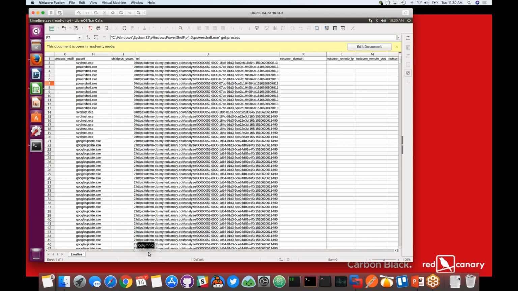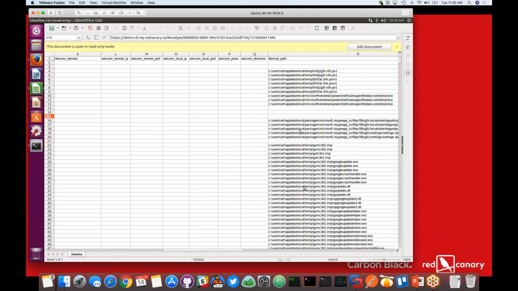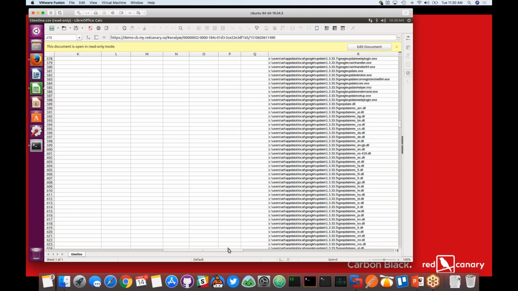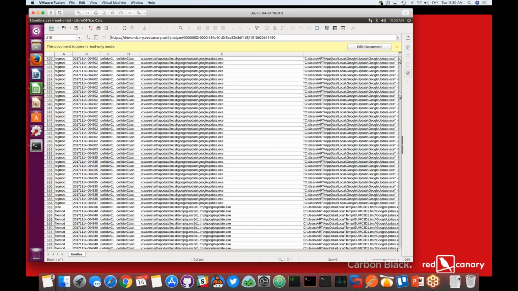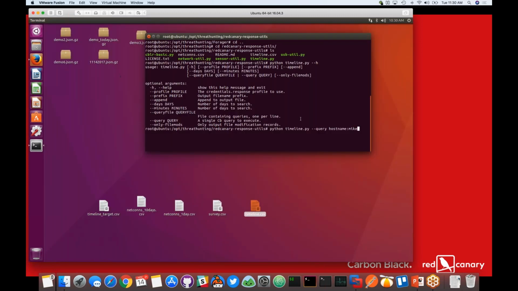And then over on the far right, you can start to see, right, there's your parent process, MD5, how many child processes respond, and then you get that link right to Carbon Black. You can see the other titles here, netcon domain, remote IP, all this information is pulled out with timeline, and then your file mod information as well. So, very, very powerful utility. We use this quite often when someone wants to know what's going on with this endpoint, or we need to know kind of everything that's happening. It's a great utility. Quickly spin it up and start gathering that data fast.